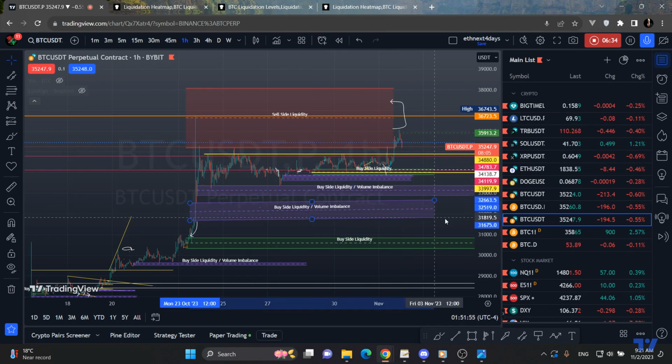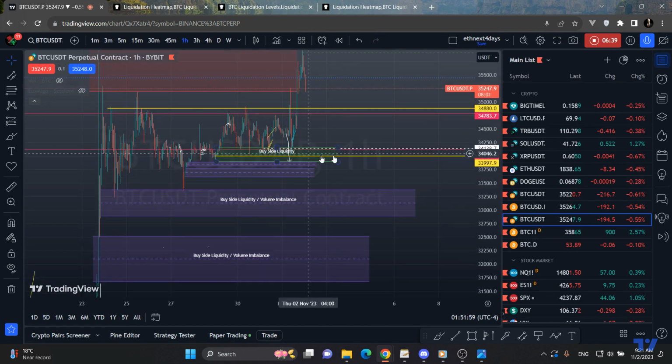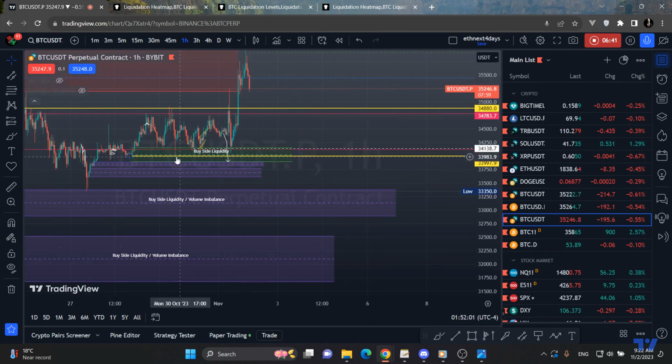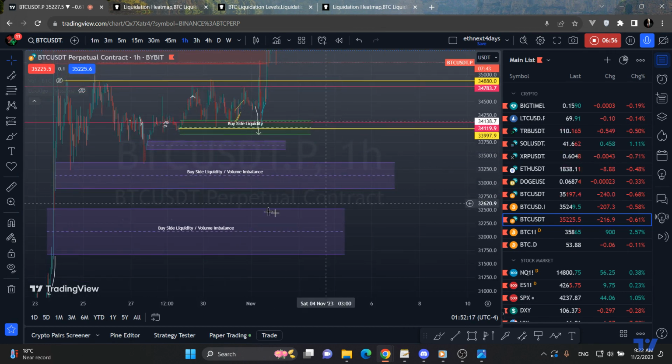but right now we do have all of these to fill, and I've talked about these at great length, how we could go into them. So first we have to take down this buy side liquidity right now, and then there are these two to be taken out. I don't think this is going to play out. I think we're going to take this, and then after consolidation, we're going to continue lower, probably breaking this, so we come to the low of this area, come back up, maybe retest the low of this,